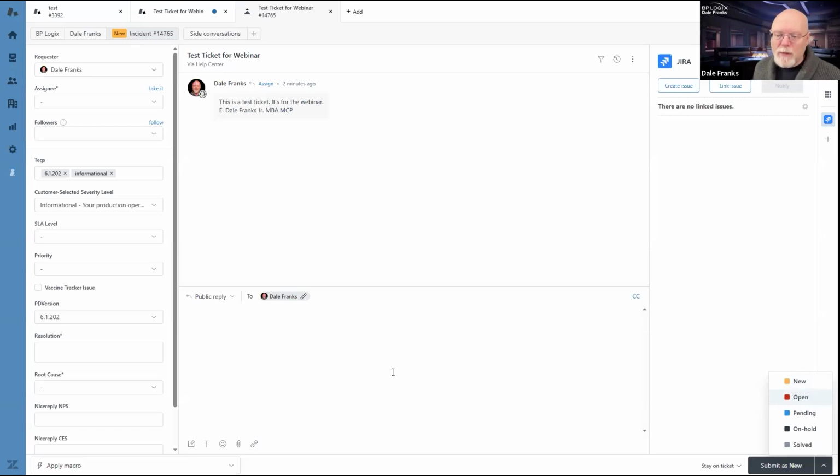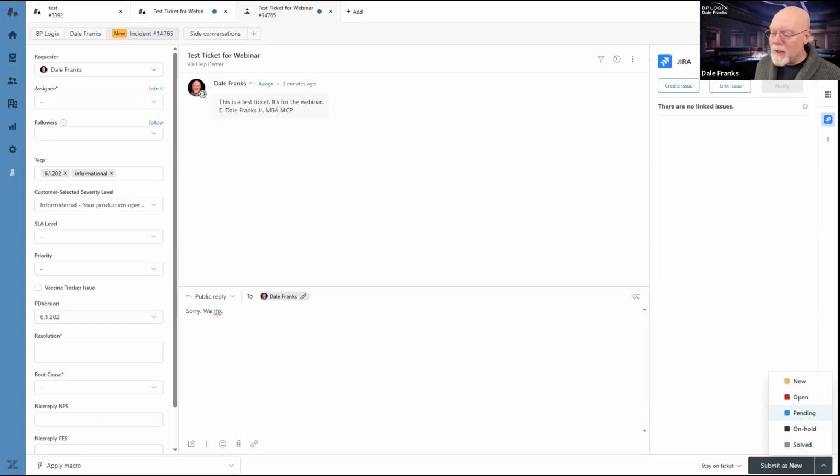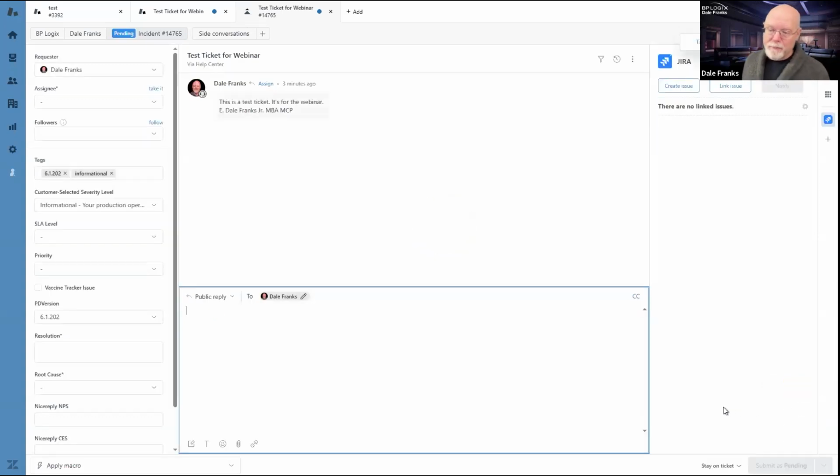So I'm going to respond to this ticket saying, sorry, we fix. And now I'm going to submit this ticket, and I'm going to submit it as pending. Pending means that it's sitting in your queue, and now you have to respond.